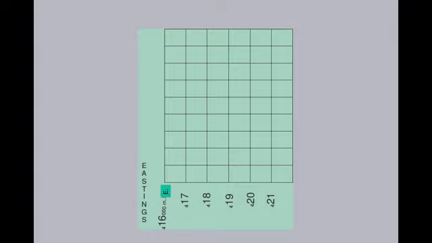For instance, right here is the line 416,000 meters east, and this is 417,000 meters east, 418,000 meters, 19,000 meters, 20,000 meters, etc. So each one of these squares then represents 1 square kilometer,